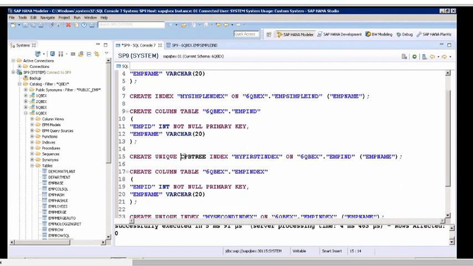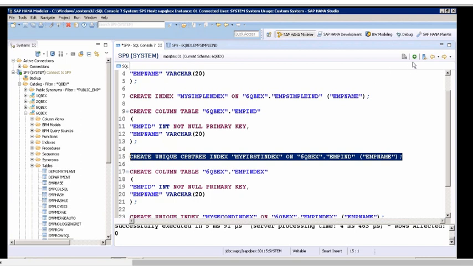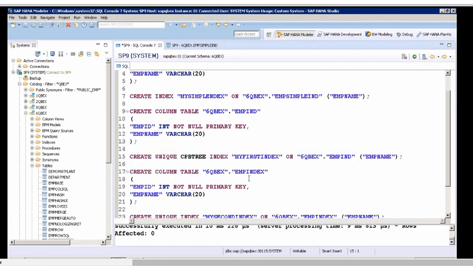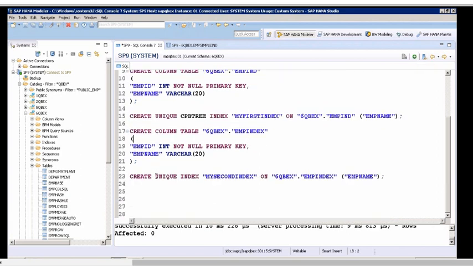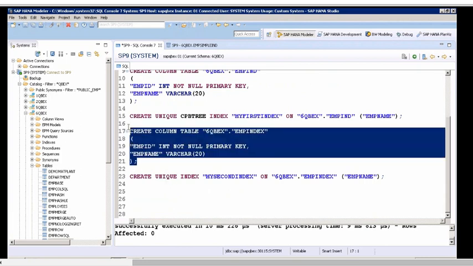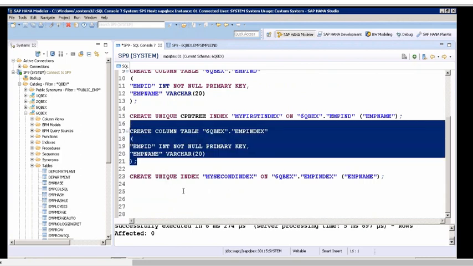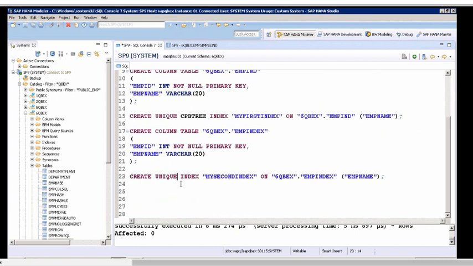And for the type of index, I want to explicitly specify a CPB tree index, where the index name is so and so on this column. CPB stands for compressed prefix binary tree. And then again, you can use only unique, without specifying any index type.